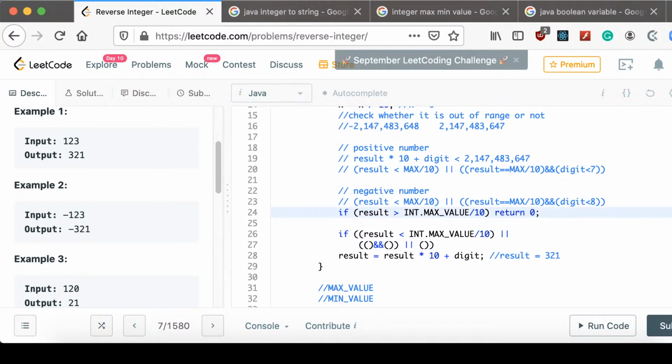Return 0. Okay, then here we have if the result smaller than this one, or